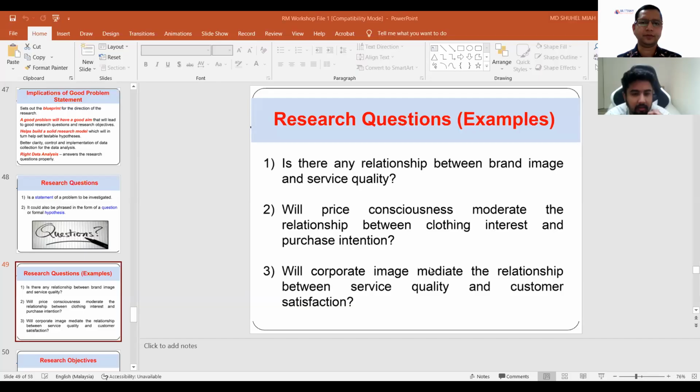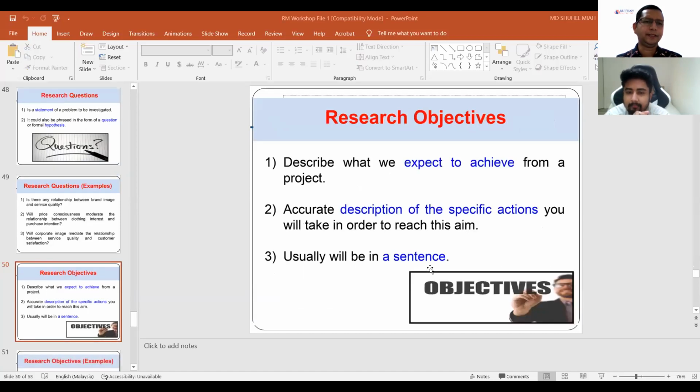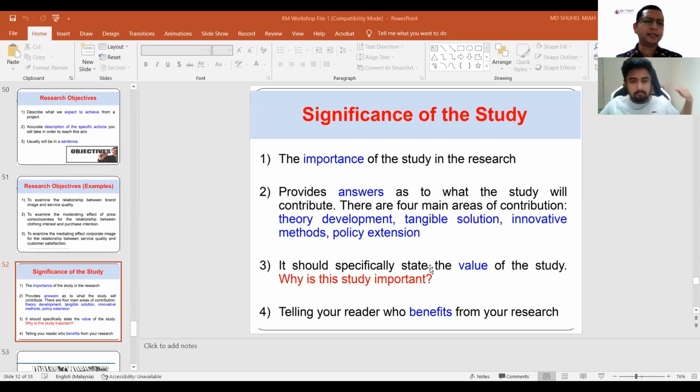Do you want to do another exercise? I mean, is it regarding the research objectives and research questions? Yes. I think that one's a bit easier, so I don't think I would need one for now. All right. So the moment you are done with research questions and research objectives, the next part is